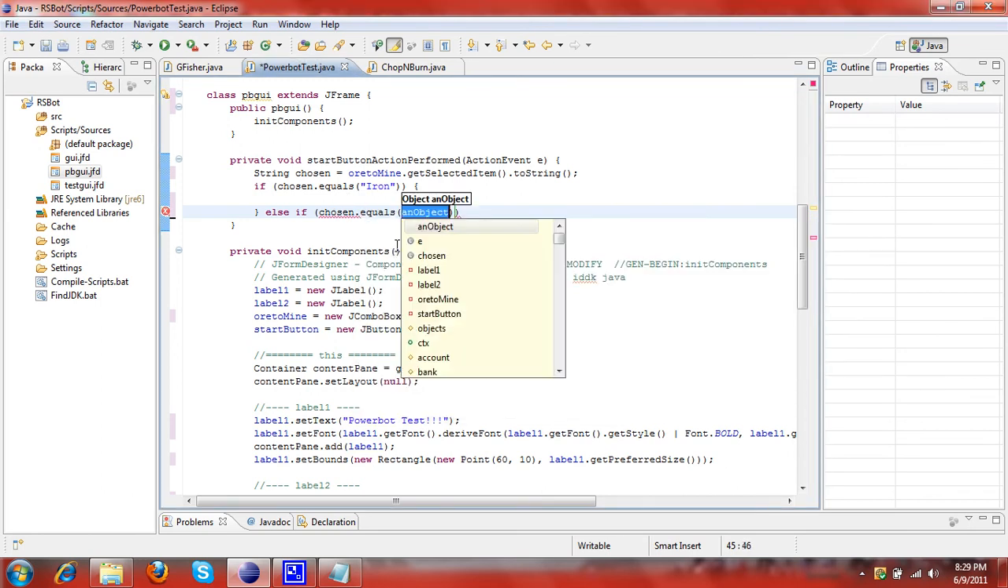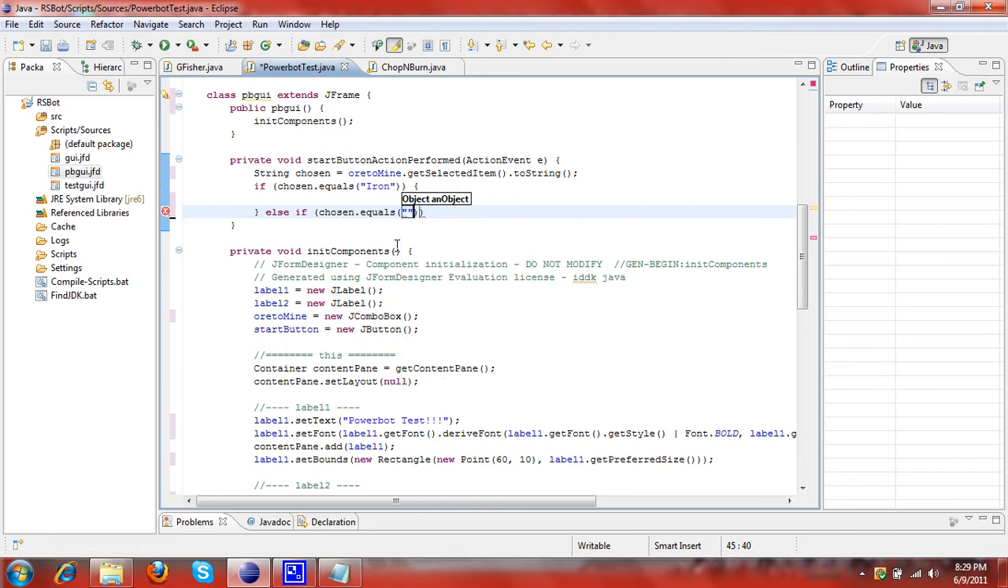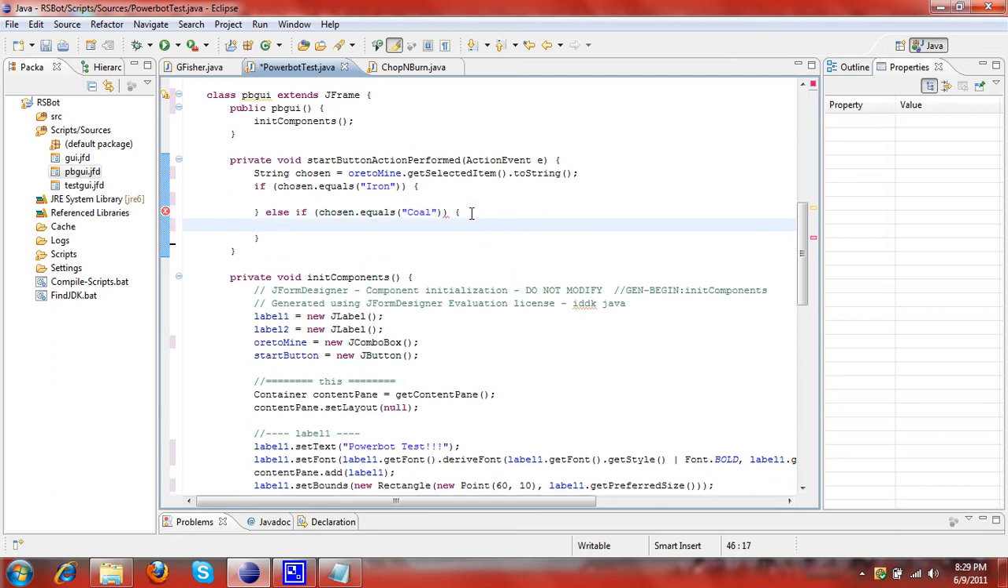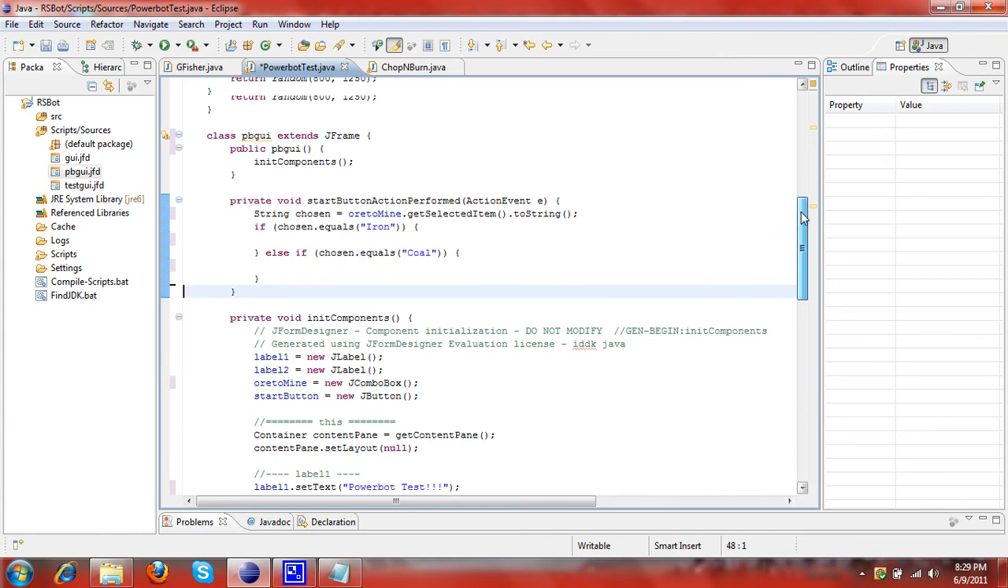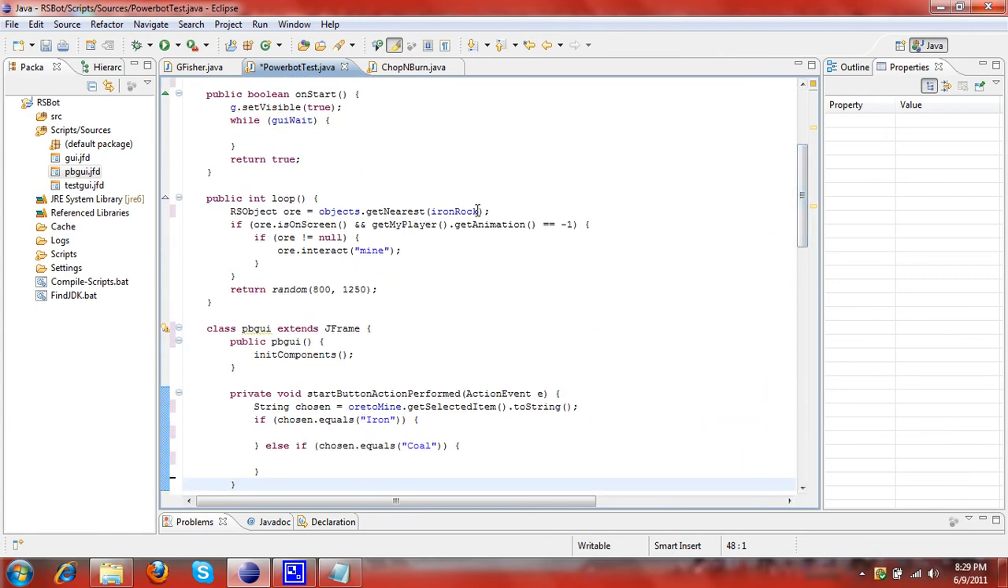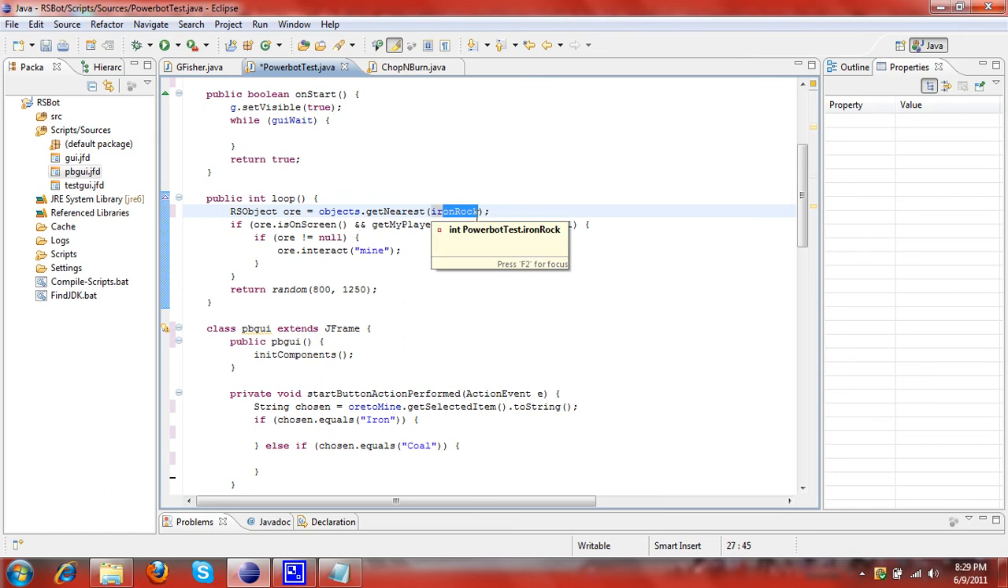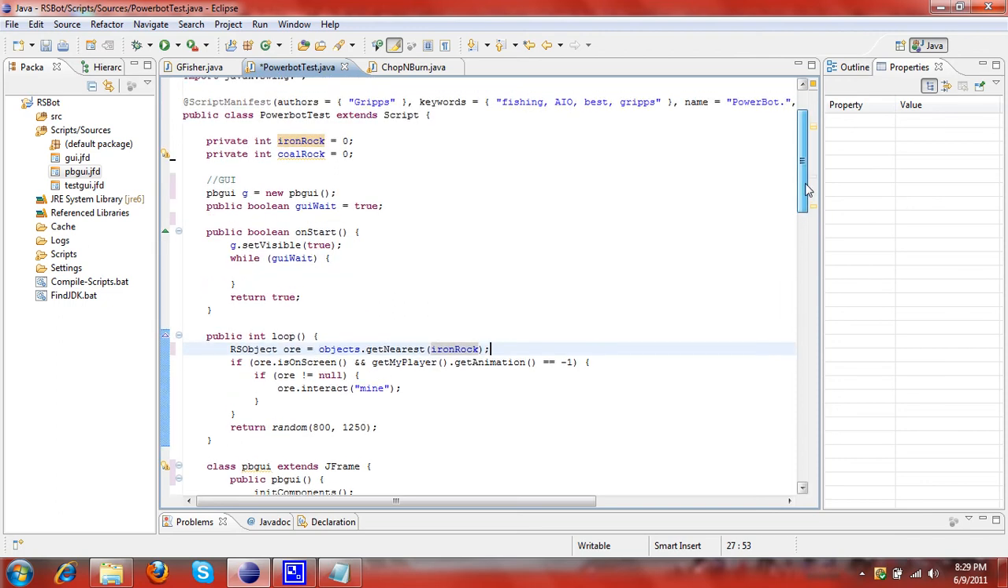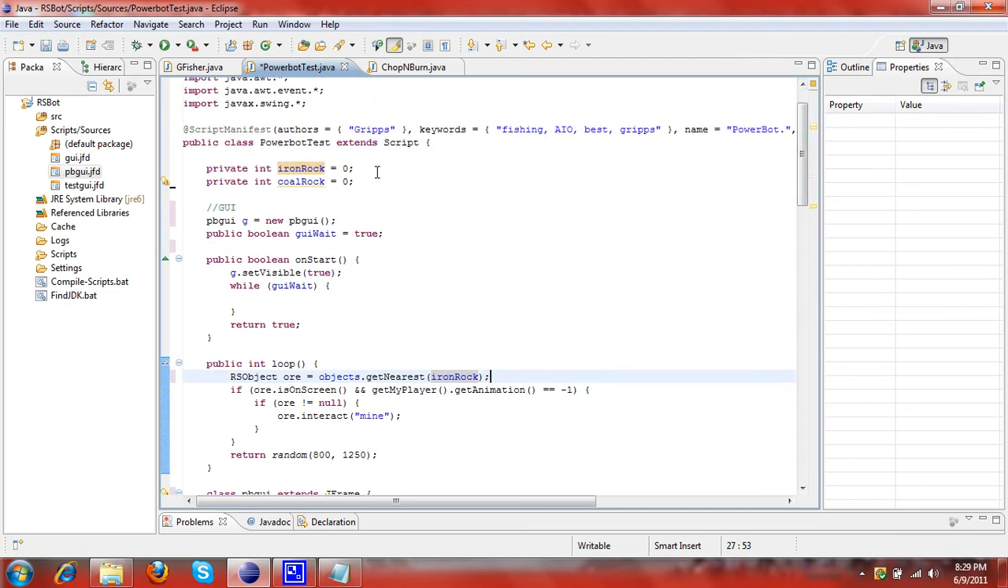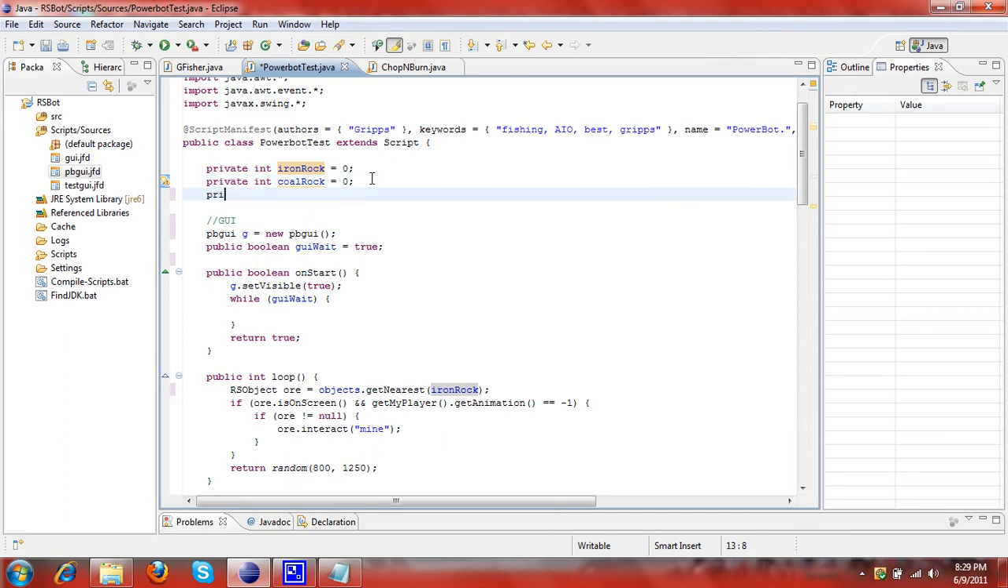equals coal. And why we do this is because when it's mining, you want it to, here, we'll just look at our mining method. Right now it's just saying do iron rock. If they choose coal, then you want it to mine coal, but right now it's still just going to mine iron rock. So we're going to go up here to our variables real quick and do private int